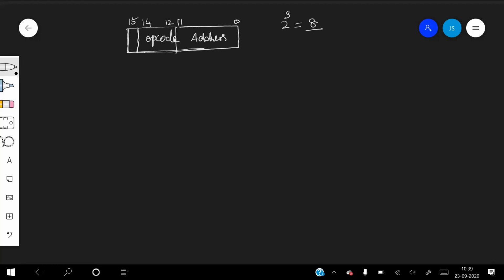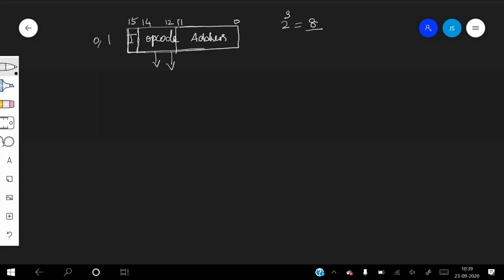The 15th bit determines the addressing mode used. It can be direct or indirect address. When I is 0, it means direct address, and if the value of I is 1, it is indirect address. We learned about this. And here, how these operations are controlled is through the opcode.